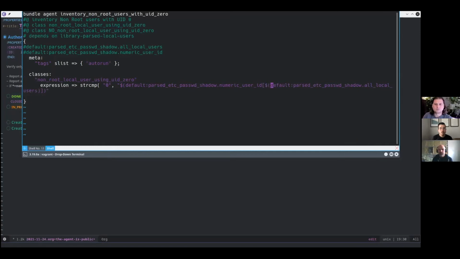Oops, there we go. All right, so that, okay. If not, if the username root does not match